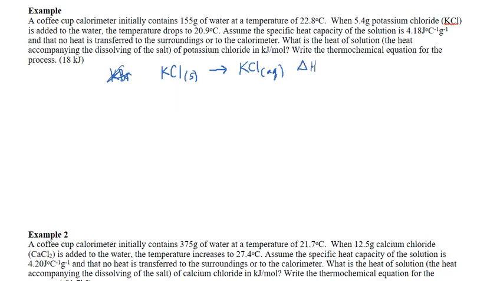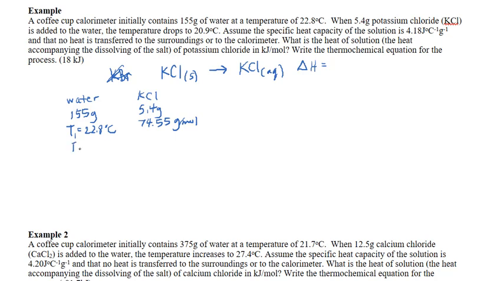We are looking for the thermochemical equation, so we want to determine the delta H for this process. In the data here, we have the water, which is in our calorimeter, and then we're adding the KCl to it. The water, we have 155 grams of it. The KCl, we have 5.4 grams of it. Its molar mass is 74.55. We'll need that later. The temperature of the water starts at 22.8